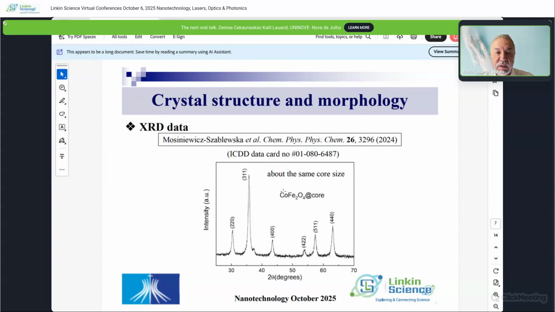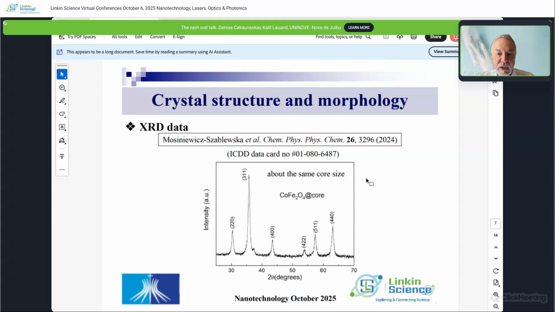However, if you extract the X-ray diffraction of all samples, they show absolutely the same X-ray diffraction pattern as the core nanoparticles without any coating. That means the coating with different species does not change the phase of the core cobalt ferrite